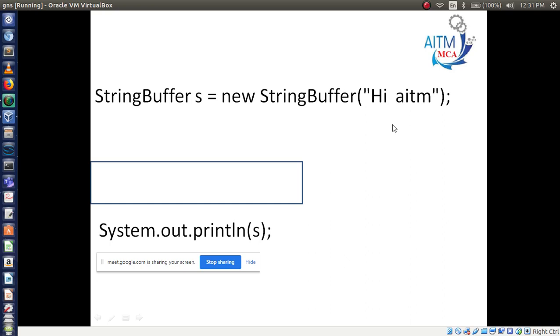Now I want to print this with SOP. So what result will come? I am printing the s variable. What is the value of s here?